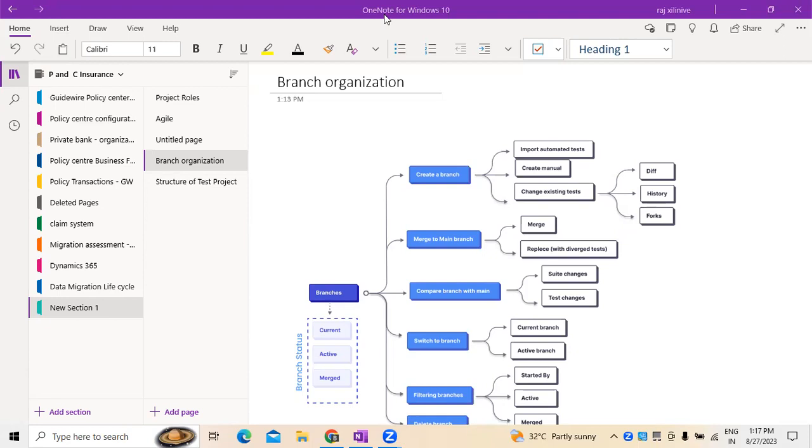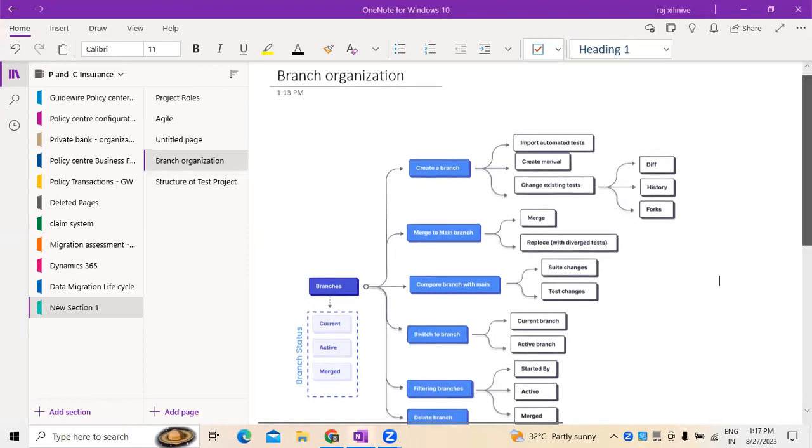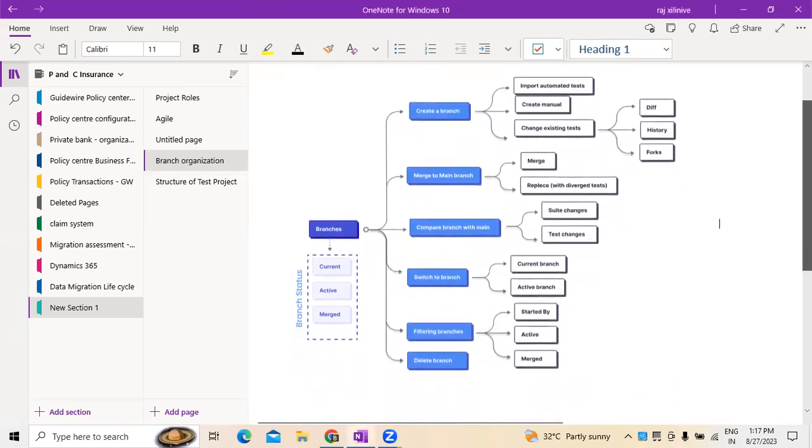In today's video, we are going to discuss branch organization in reference to testing. What is it that we do in reference to the Agile environment? If we look at branch organization from the testing perspective, especially in the Agile approach, normally